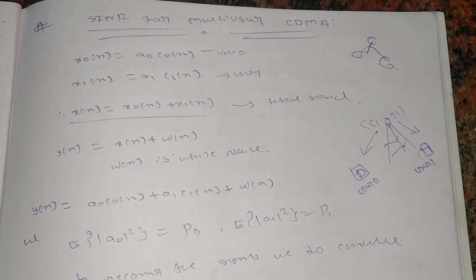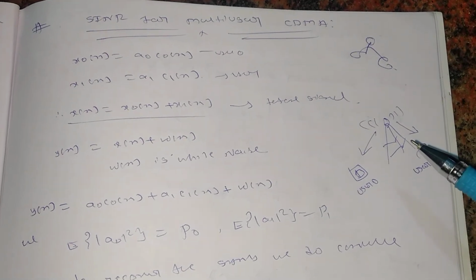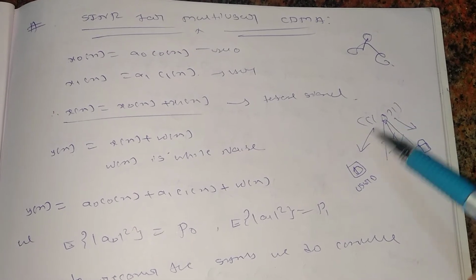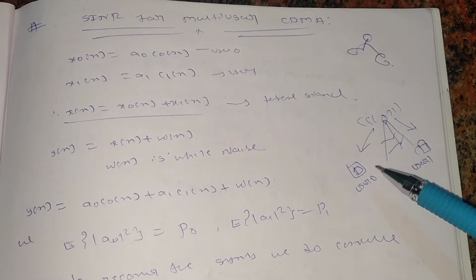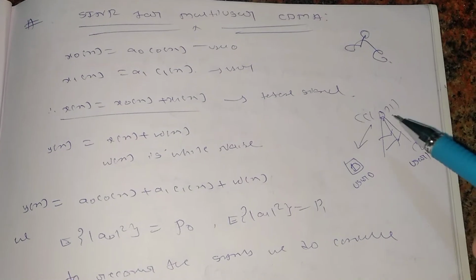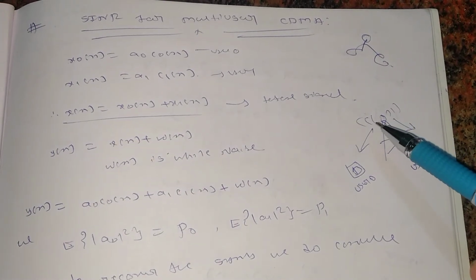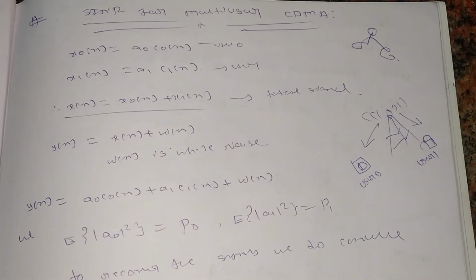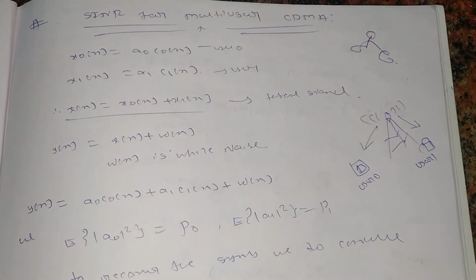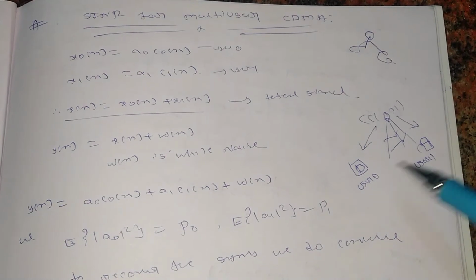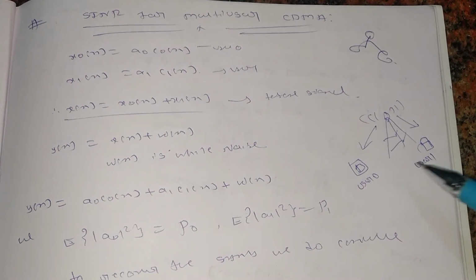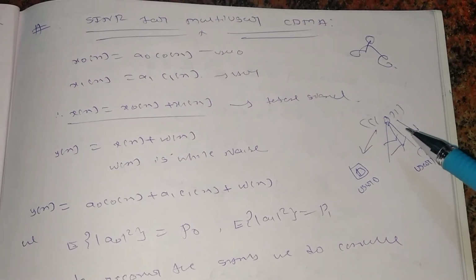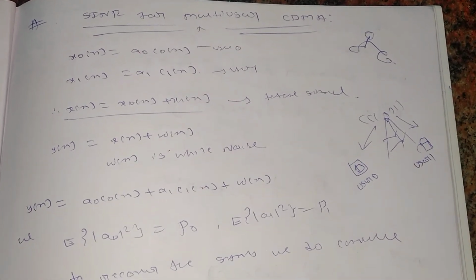But now what will be happening is, since we are using CDMA, the signal which will be transmitted to these two guys will be the composite signal, right? It contains the information for user 0 as well as for user 1, because we know that in CDMA we will be using some sequence to separate user 0 from user 1, but we will be combining all those data into a single composite signal. Then we will be transmitting it through the wireless channel, right?